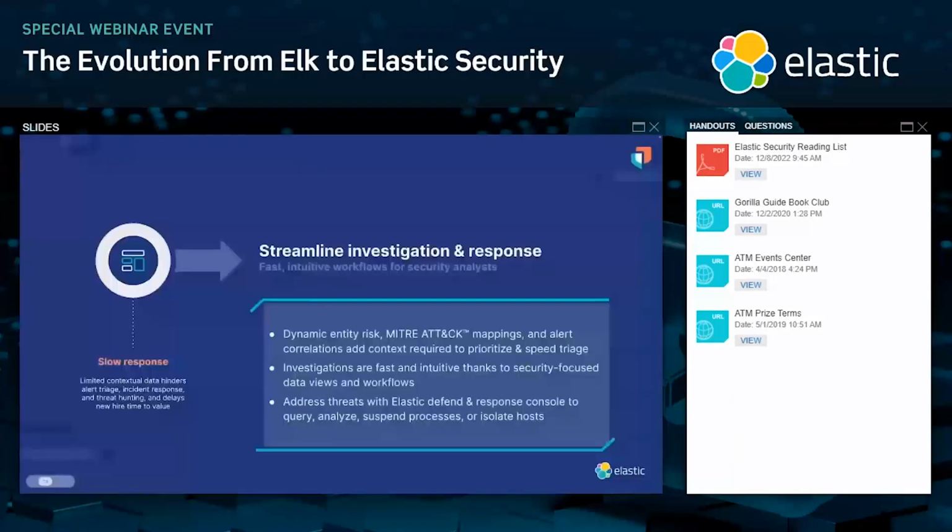So going back to the slides, what did we see here? We saw Elastic really making it easy and fast and intuitive with a number of purpose-built user interfaces, such as that entity risk dashboard that we saw, such as alerts that are enriched with that MITRE ATT&CK context. We also saw investigations, again, being fast and intuitive via a lot of those purpose-built UIs that you would not have seen before, like the event analyzer, which was the graphical process tree, the session view, the session replay that we saw.